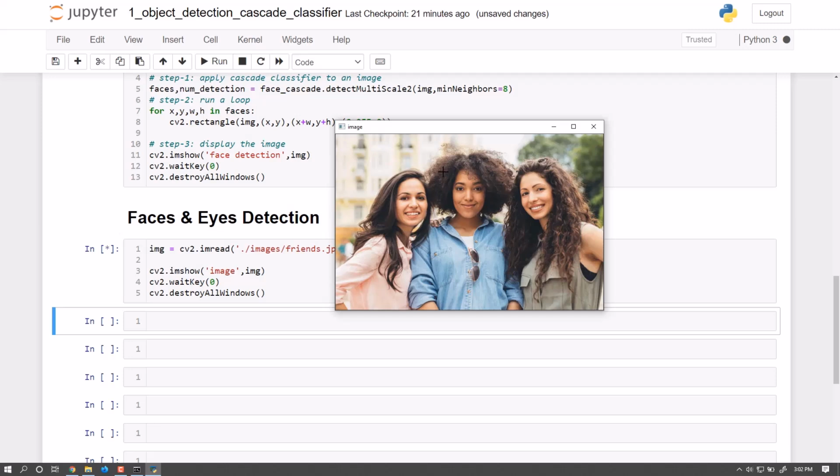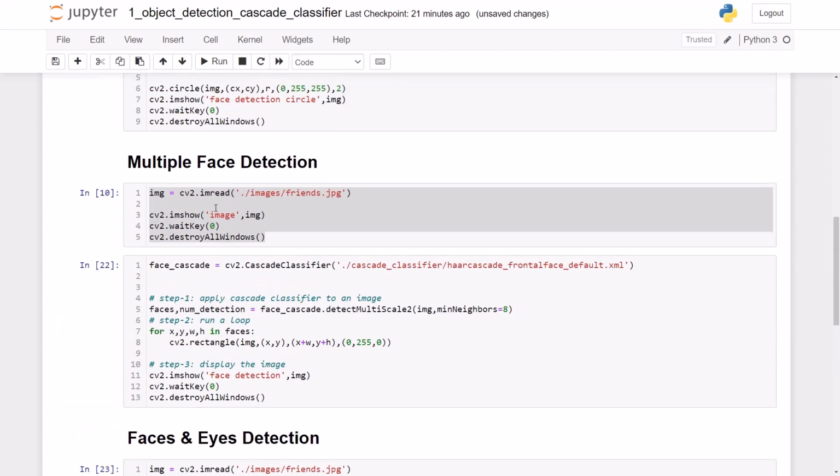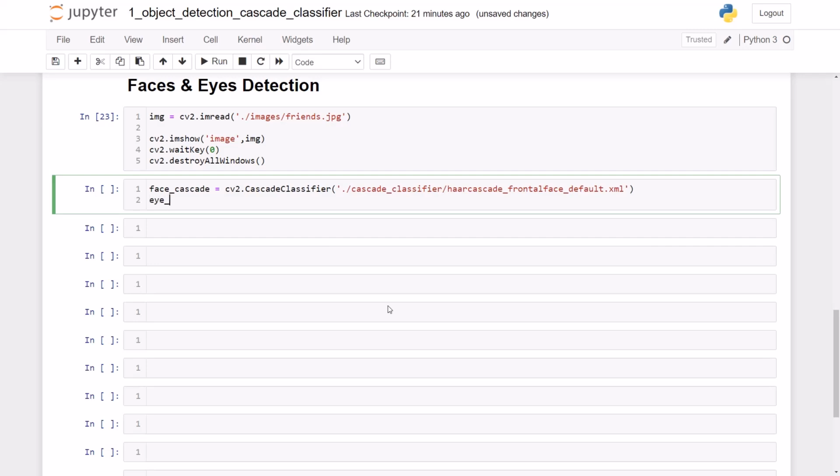For eye detection, the first thing we need to do is detect the face first, and then crop the face, and for that face we need to apply one more Haar Cascade classifier, that is eye. So now let us see how to do this. Obviously let me repeat the same procedure. The first one is the face cascade, equal to cv2.CascadeClassifier. Let me load that again, and my model is the frontal face default. Similarly, eye cascade equal to